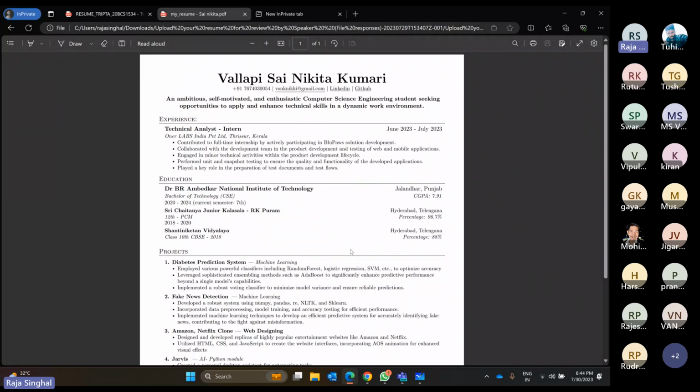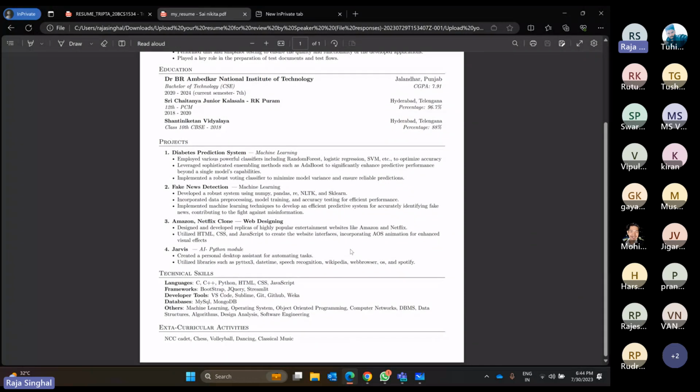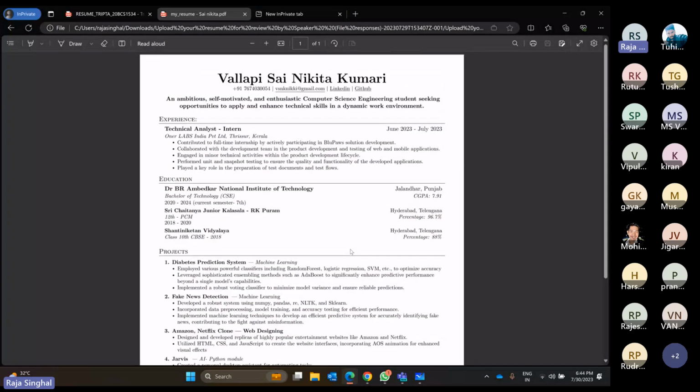If I am seeing this resume, we can clearly see all the sections are aligned properly. It is neat and clean. There are no fancy things present in this resume. So you also need to build your resume in a similar way.